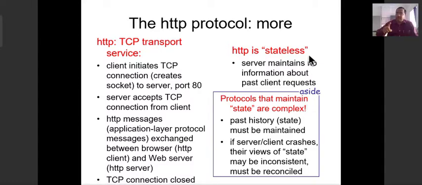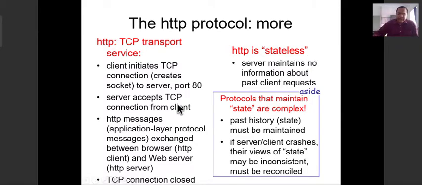It remembers history. Why? Because the amount of data you are transmitting is huge, in megabytes and gigabytes. So it has to remember history so that it can resume the transmission. But for HTTP, the question of resuming the transmission does not arise. It is 40, 50 kilobytes only. So if the same client is requesting time and again for the same data, it will transmit the same data time and again. I don't remember history because I don't need to remember history. Very small amount of data is exchanged.